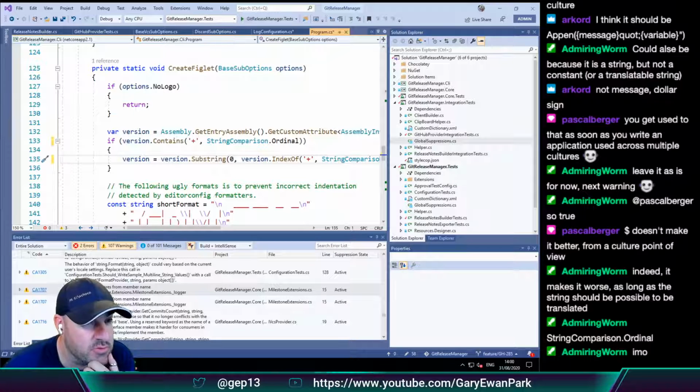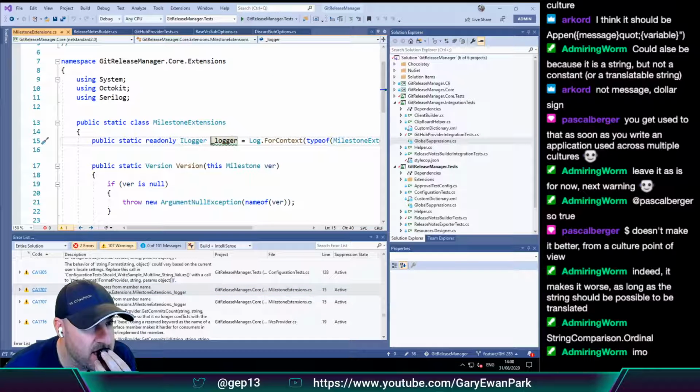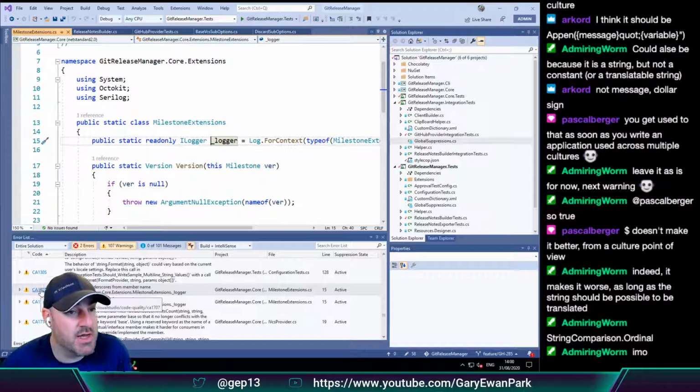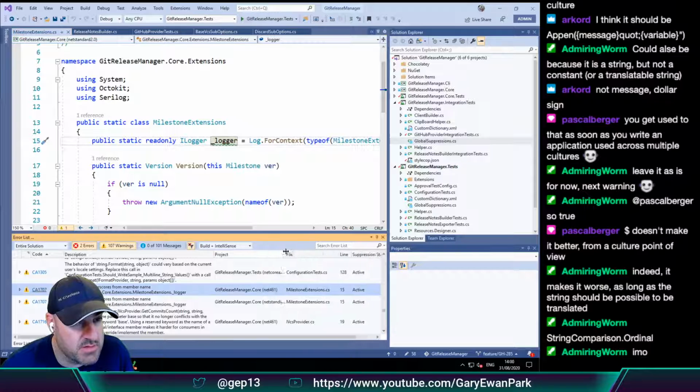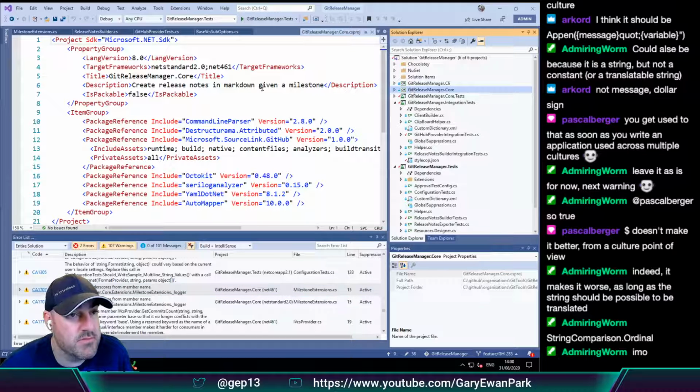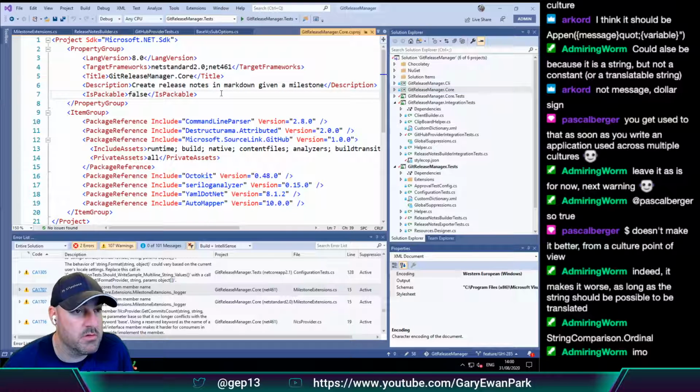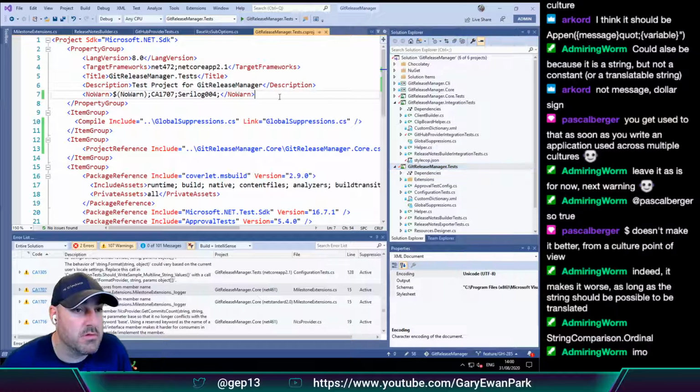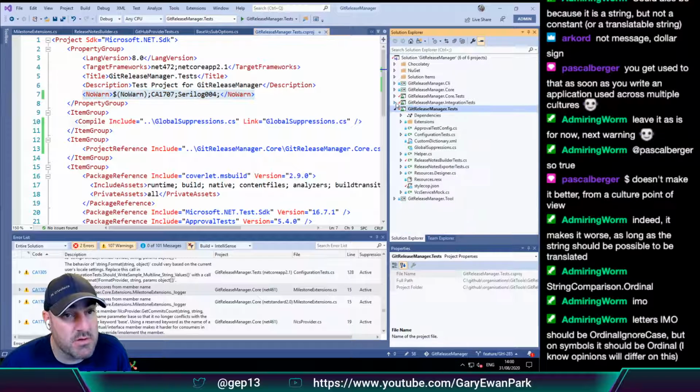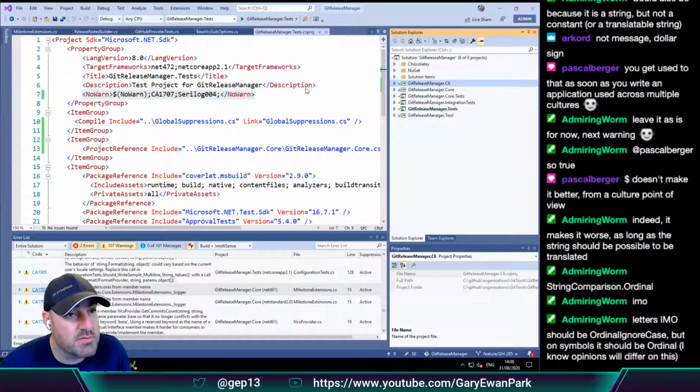$107. So close. Remove the underscores. So we specifically don't want to do that. So that is on project core. So what was it? No warn? What was it? 1707. So we have it for some of them, but not others. So that would be on this one then.